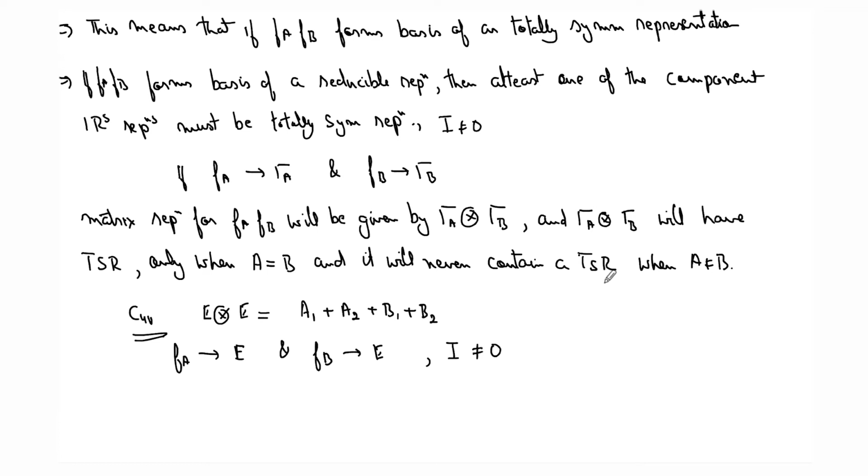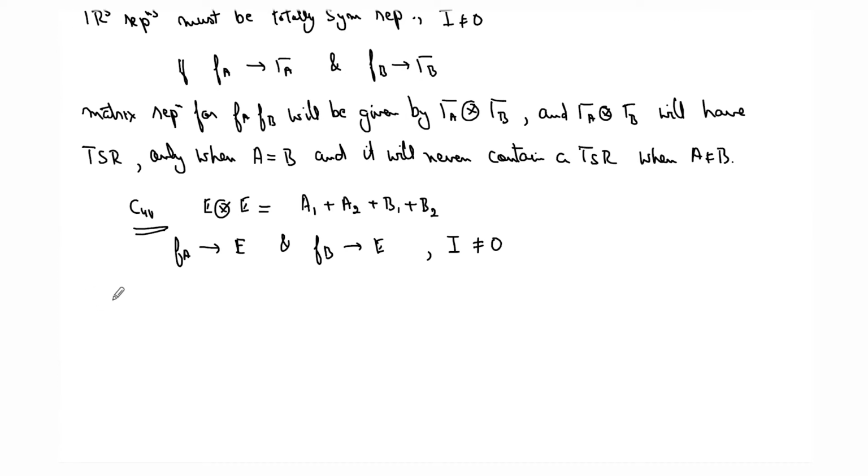All we have to do is, given a function, find out what is the irreducible representation to which that particular function is forming the basis, right? If the two functions are forming basis for the same representation, then I will not be equal to 0. If the two functions are forming basis for two different representations, I will be equal to 0, right? So very simple now. So now, in the same way, let's also look at the integration of a triple product, whether it will be equal to 0 or not.